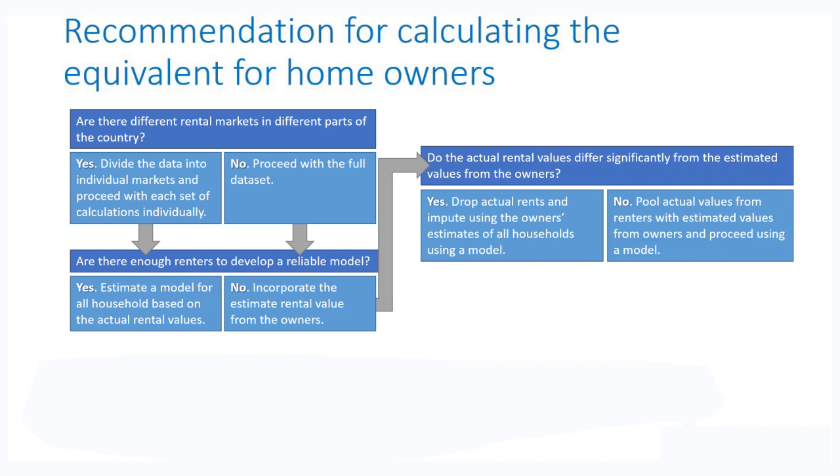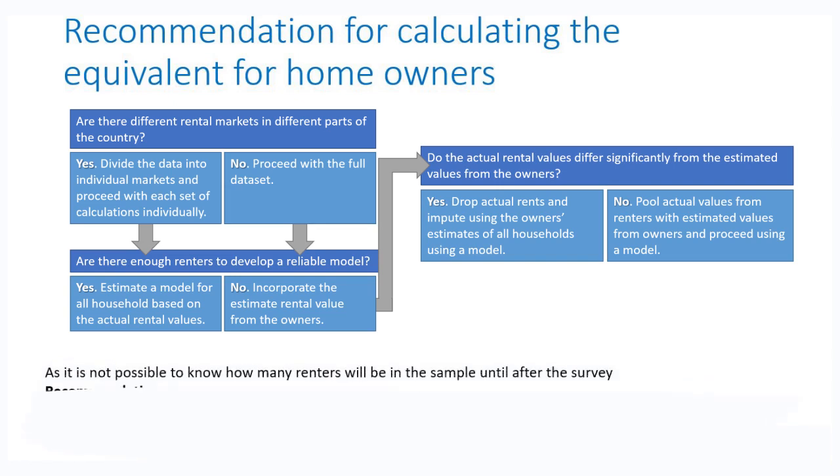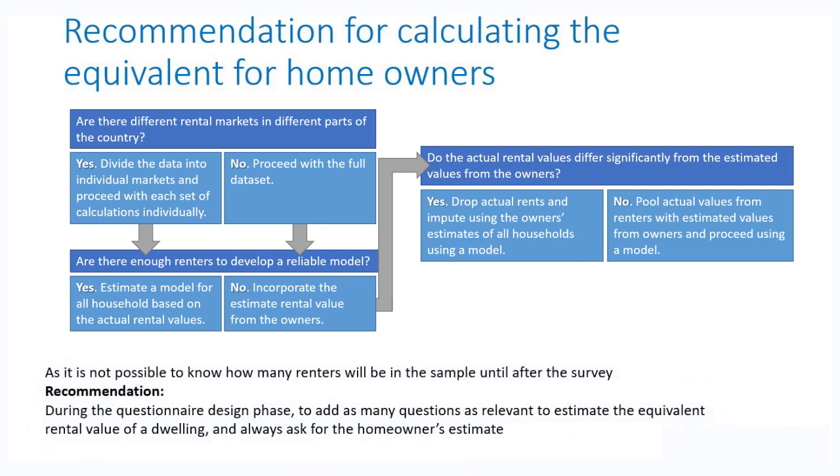This does distort the truth a little bit for some households, those that actually rent, but it is at the cost of having a consistent measure for all households, and it is considered that it is better to have a consistent measure for all households than have a perfectly accurate measure for only a small number of households.